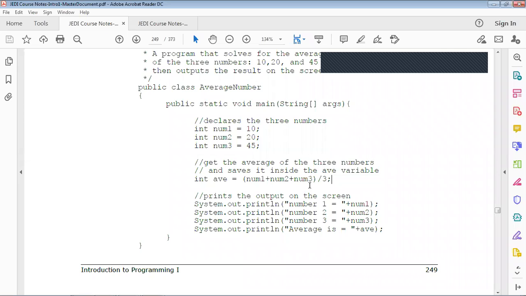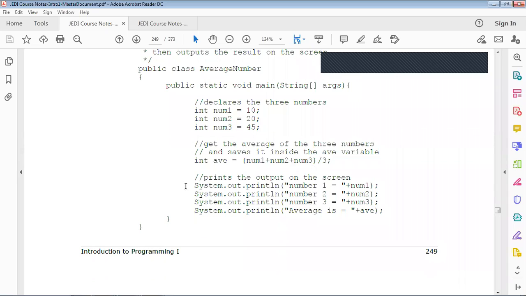Now, we have the highest and lowest priority, what we call the precedence of operators. So this is our highest priority, enclosed by parentheses: num1 plus num2 plus num3, divided by 3.